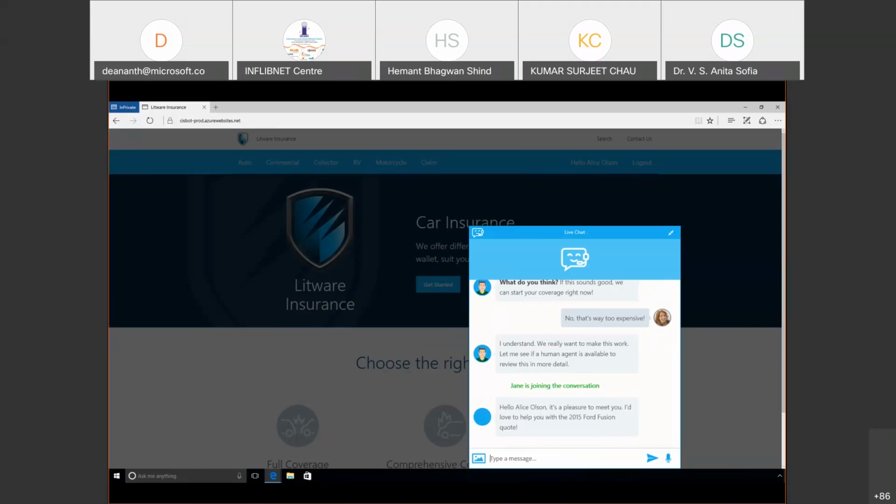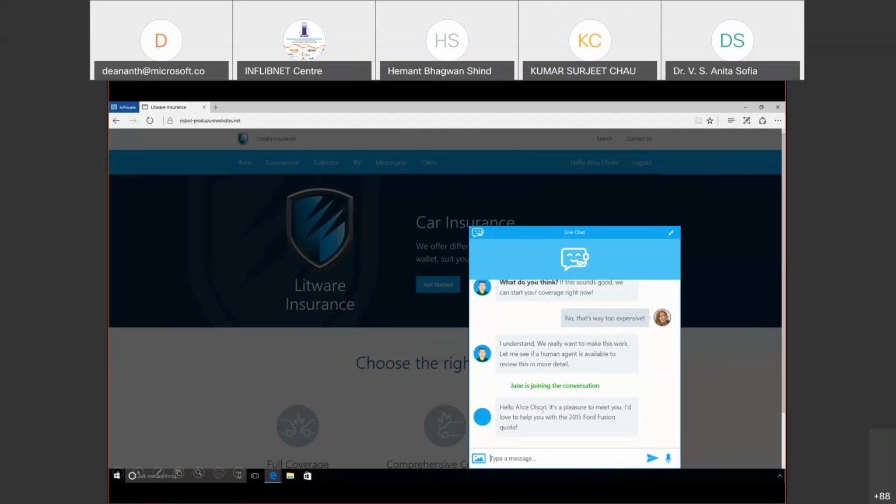So the bot did all it could. If the person had said, I'm happy with this insurance, let me go ahead, it would have even triggered an email to confirm that the insurance is under process, and it would have triggered the workflow in the back end. Now, when Jane joins the conversation, and she's a human, she has an understanding of what's happened before.